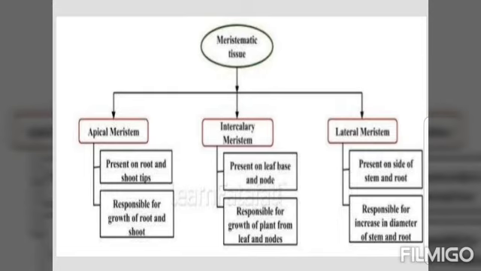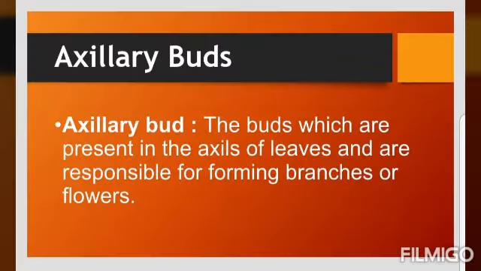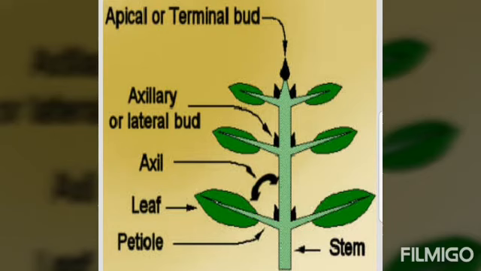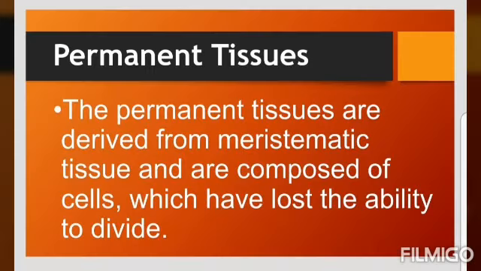Following divisions of cells in both structurally and functionally meristems, the newly formed cells become structurally and functionally specialized and lose the ability to divide. Such cells are termed permanent or mature cells and constitute the permanent tissues. During the formation of the primary plant body, specific regions of the apical meristem produce dermal tissues, ground tissues, and vascular tissues. Let's talk about the permanent tissues in more detail.